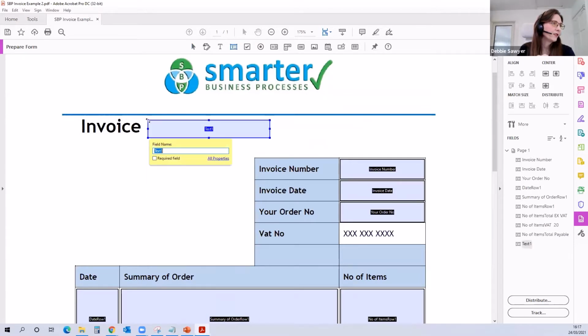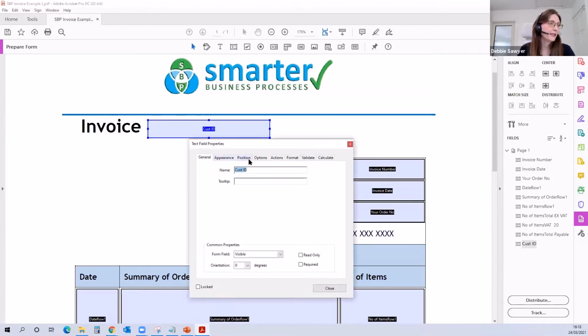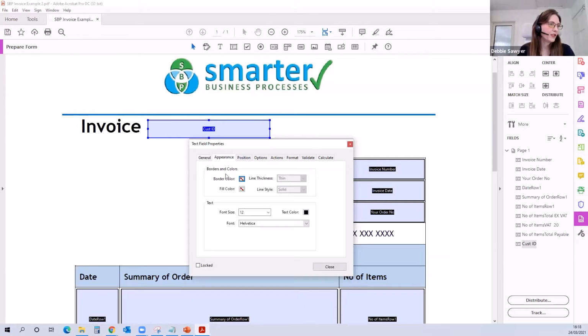So I just clicked on the text box there, and I'm adding customer ID, could be added in there. And for any text box that you add to the fillable PDF, you need to set the properties of the boxes. So by setting the properties, you're just saying what font you want, you know, so size 10. I think everything on mine is Trebuchet,